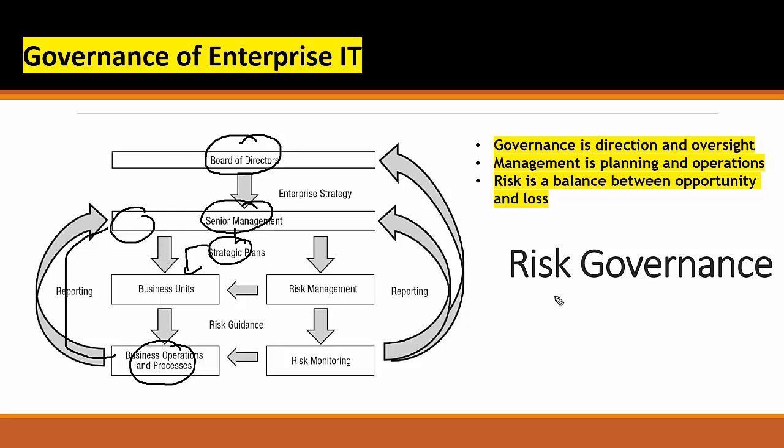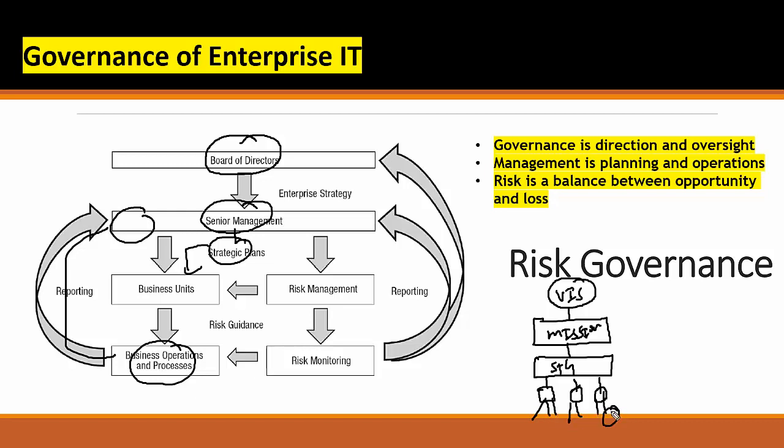In more layman terms, as I said, every organization goes with the vision, and then we have a mission, and then we go for the strategy, then we go for the tactical, and then we go for operation. So when things are executing at the operational level, that needs to be aligned with the mission, that to be aligned with the strategy, that to be aligned with the vision. That is why the business units need to provide reports to senior management to check whether we are compliant with the organization's objectives.